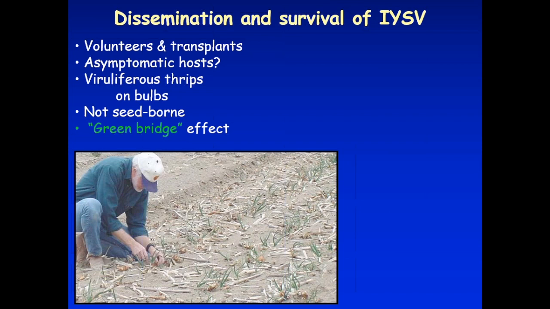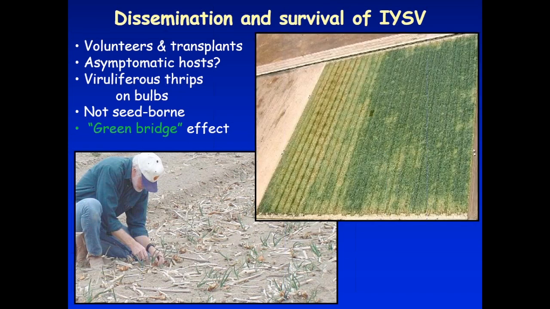So this picture in the slide, the top right-hand corner of the slide, shows an aerial photo taken of an onion seed crop east of the Cascade Mountains. And you can see the dark, sort of brownish color is the area where the virus was most severe in terms of its symptoms and yield loss. And so it basically shows the direction of migration of the thrips from the field that's bare in this photo to where the onion seed crop is. Now, what was in that field right next to this onion seed crop, you think? Last year's onion seed crop.